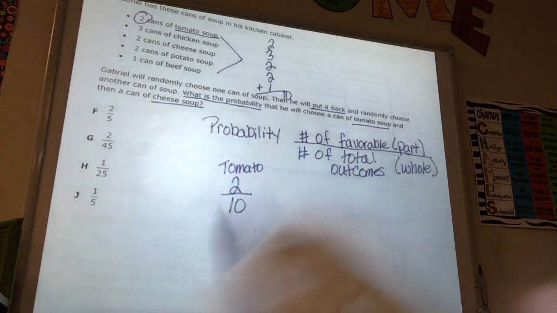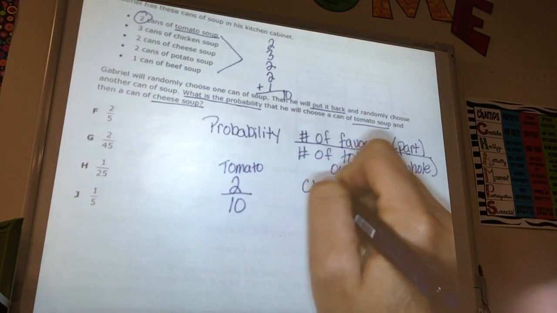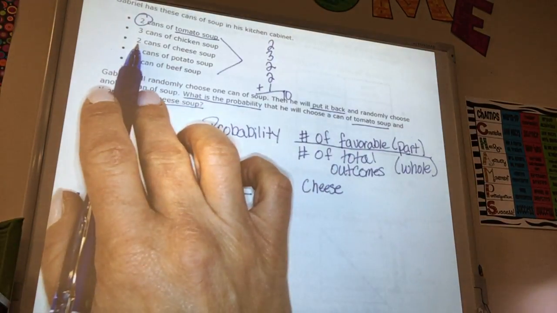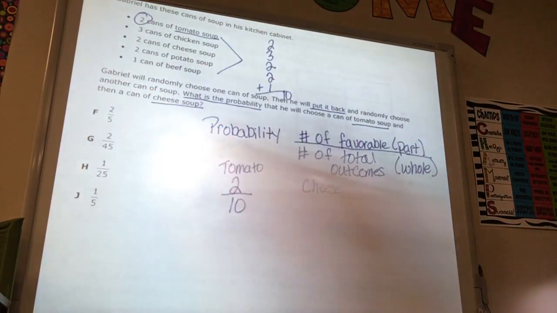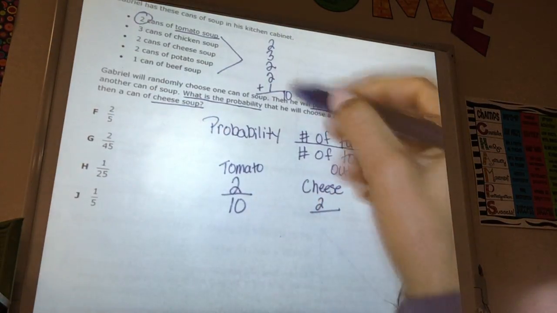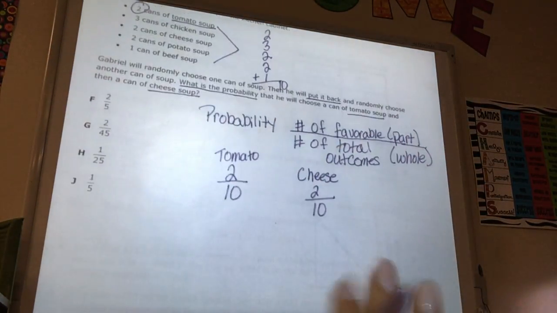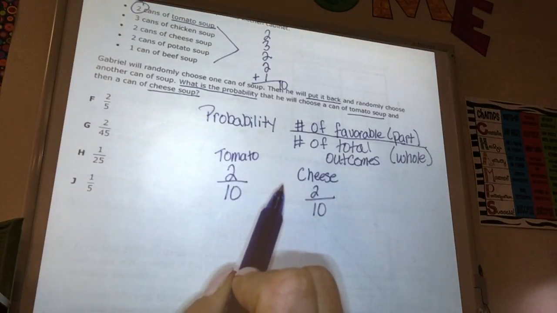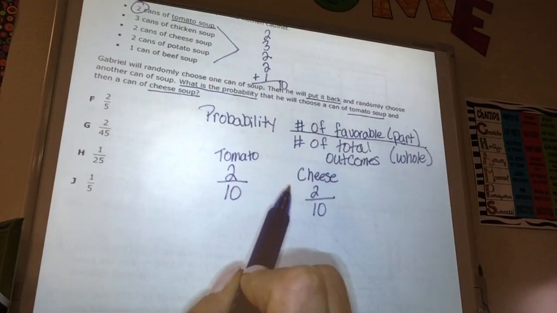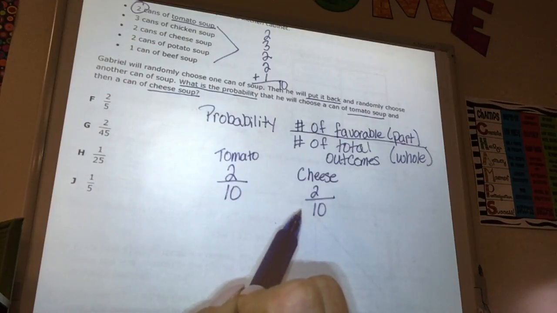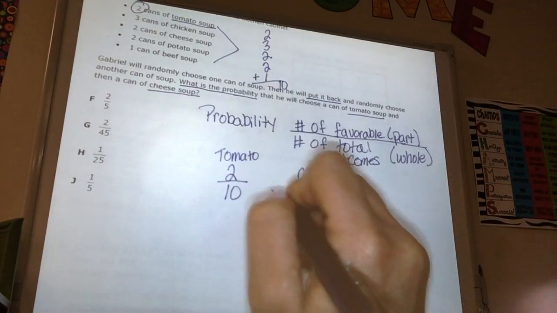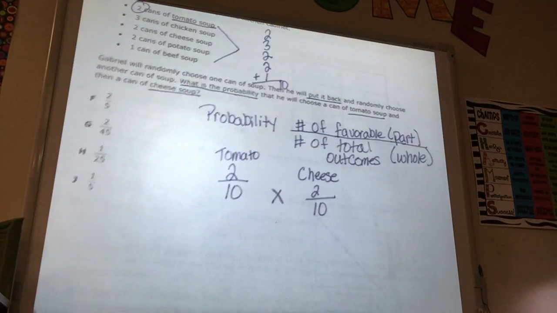So now we're going to write a fraction for cheese. Our part is going to be 2 because there are 2 cans of cheese soup out of our total, which is 10. There's 10 cans total. Okay, so the probability of him getting tomato is 2 out of 10. The probability of him getting cheese is 2 out of 10. When you have probability and you have more than one event, you are going to multiply those events together. So we have 2/10